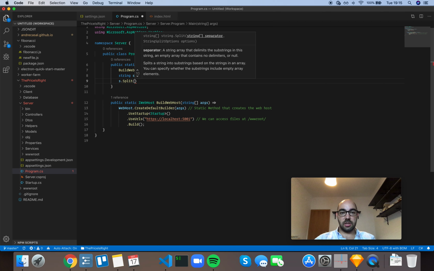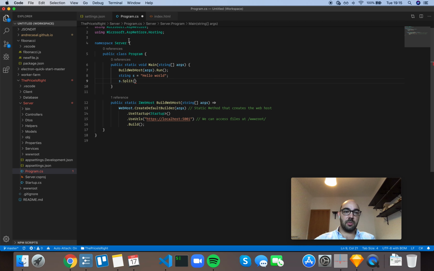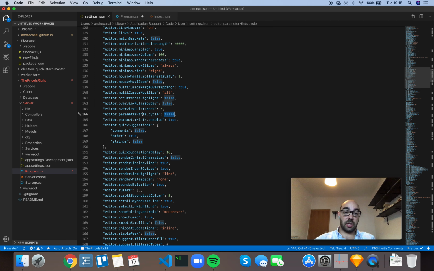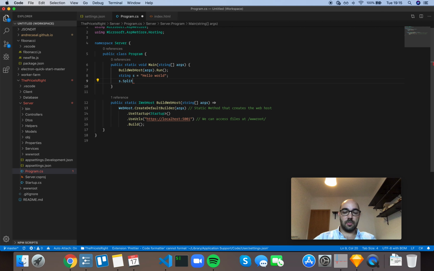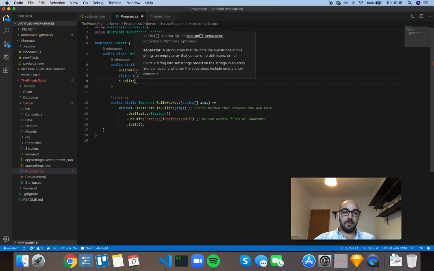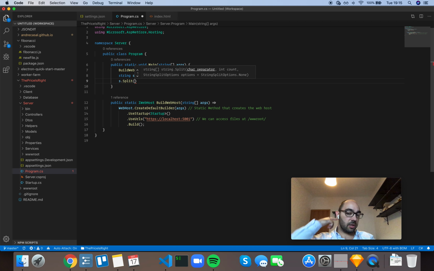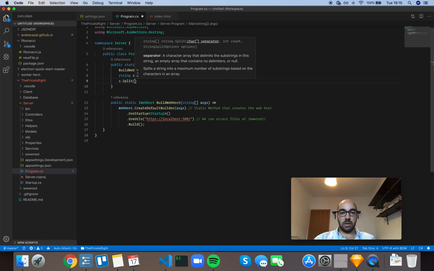There are 10 of these, and if you keep going, it will close the box, because we have the cycle set to false. Now, if you set it to true, when the parameter hints show again, and you keep pressing, you cycle through. It doesn't close. I find this behavior to be a little bit more consistent, because sometimes you just want to